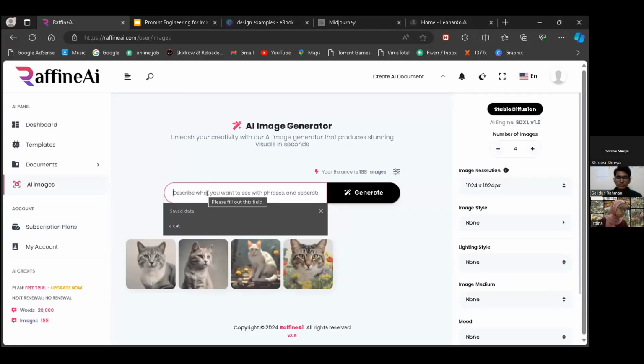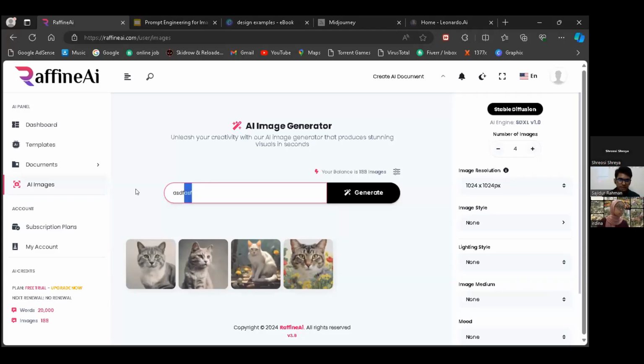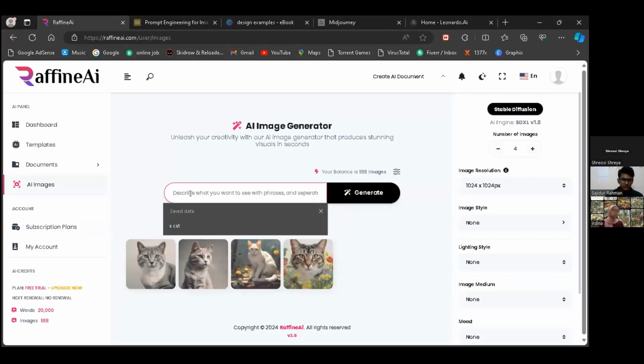So for how prompt works in AI image manipulation, prompts serve as instructions or suggestions provided to the AI model to guide the image generation process. Essentially, you give the AI model a prompt, which can be in the form of text or keywords, and the AI model then generates an image based on your prompt. So for example, we can write something like a